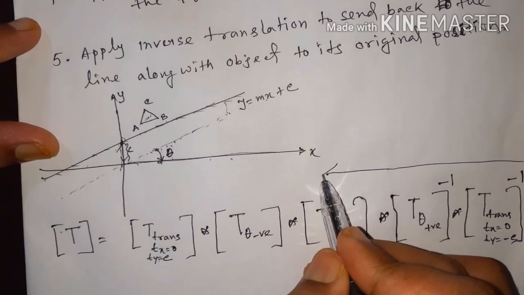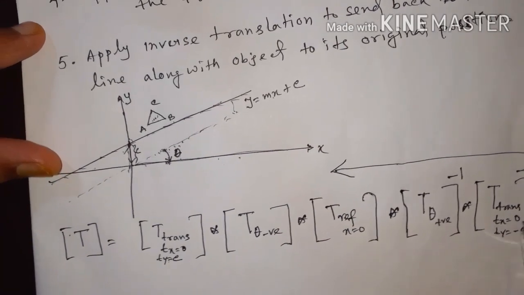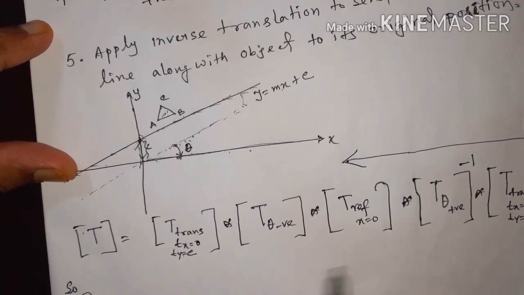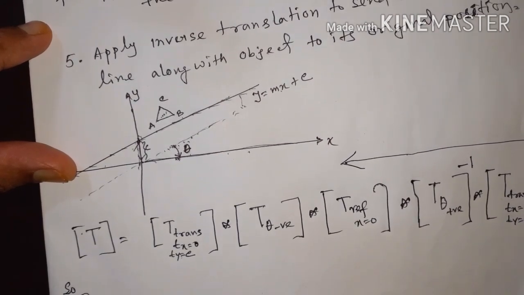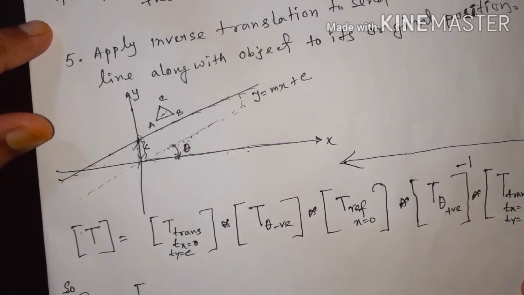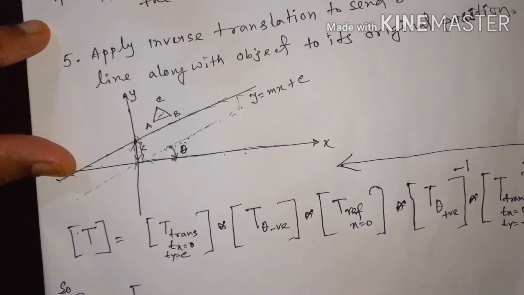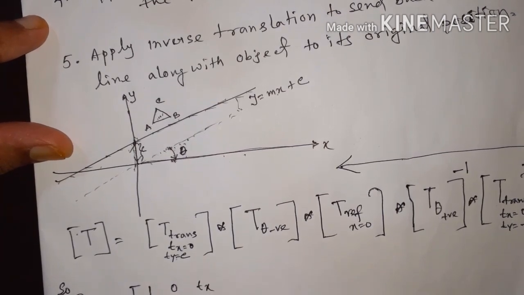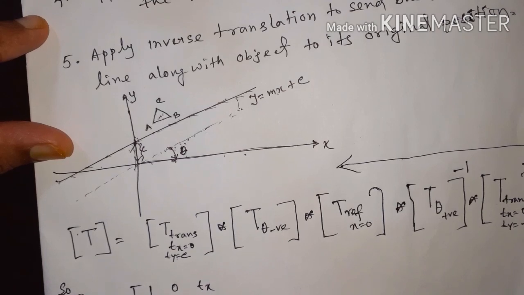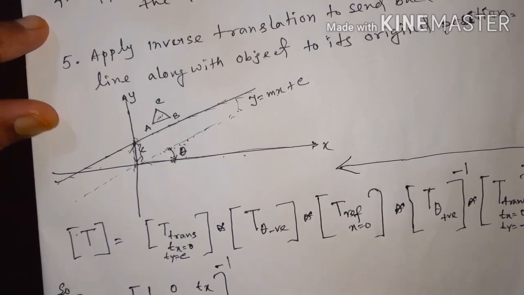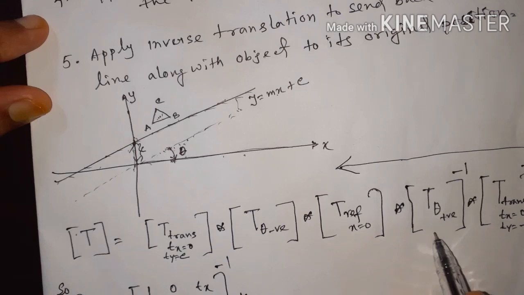Now we have to multiply from right to left. So the final transformation matrix T equals, I can write first this one. What is the transformation matrix for the inverse translation? 1 0 tx, 0 1 ty, 0 0 1, the inverse translation, into inverse rotation,